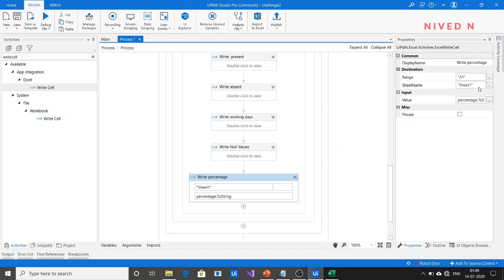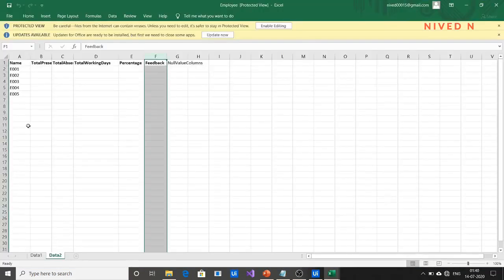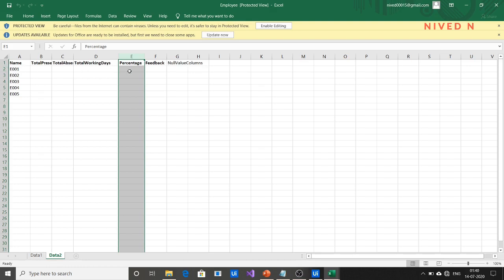Yeah, we have to specify the cell name. Like for percentage, if you look here, its column name is E. So for E01 we should write the percentage at E2. For E002 the percentage should be written at E3.